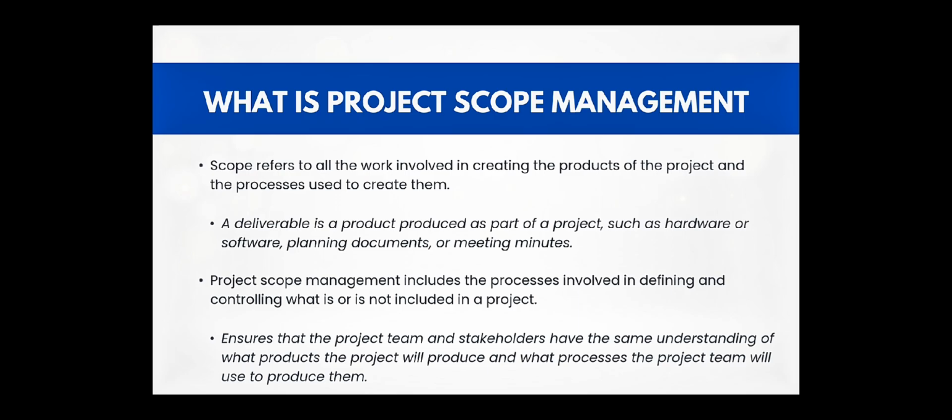It means that when we are working on our capstone project, we focus on ensuring that the project includes all the necessary work and only the necessary work to complete it successfully. It's about defining and controlling the boundaries to avoid scope creep, which means uncontrolled changes or additions to the project